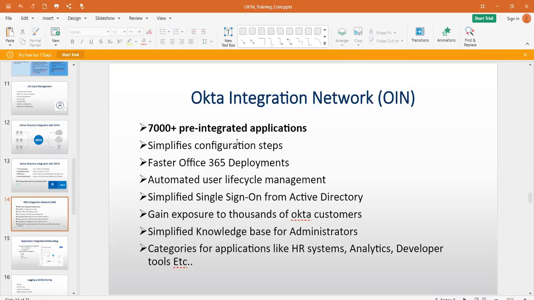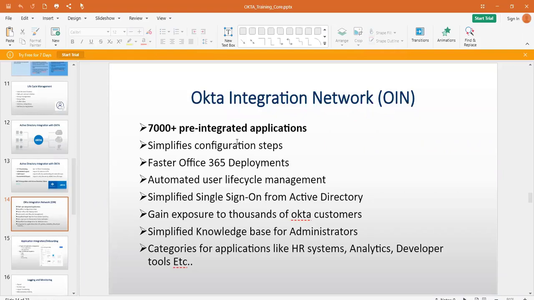And automated user lifecycle management. In the Okta Integration Network, a few applications support provisioning also. In that way you can automate user lifecycle management. Let's say ServiceNow application supports provisioning, which is available in the Okta Integration Network.